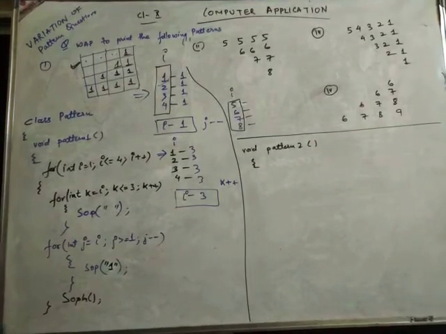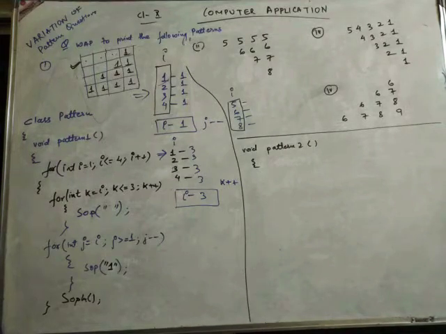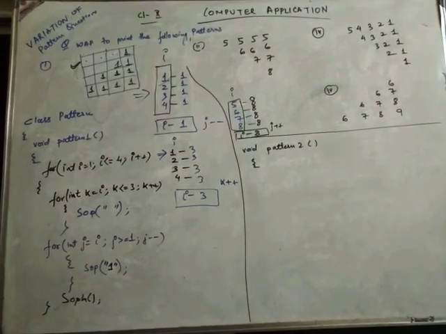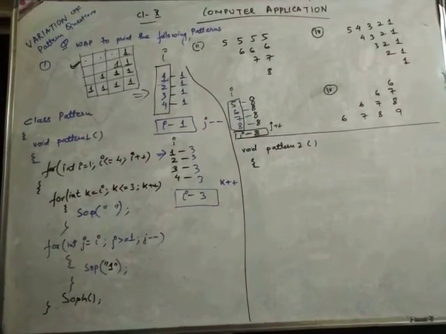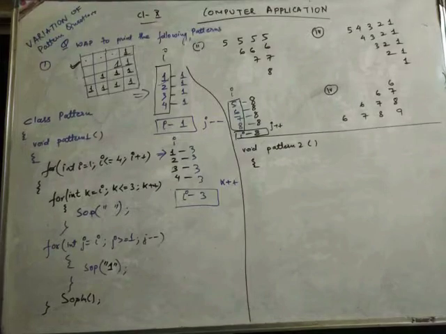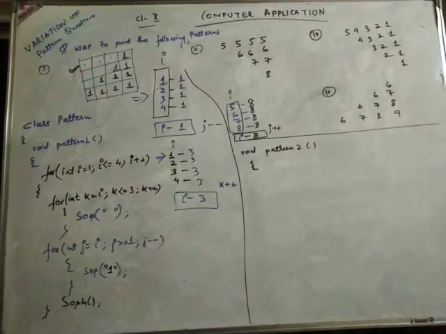How many values are there in the first line? 4 values, no? 4 times to print in the first line. So we'll see the fourth value in the I column. Which is the fourth value in the I column? We have 8, so we'll write 8 on the right side, because the fourth value is 8.